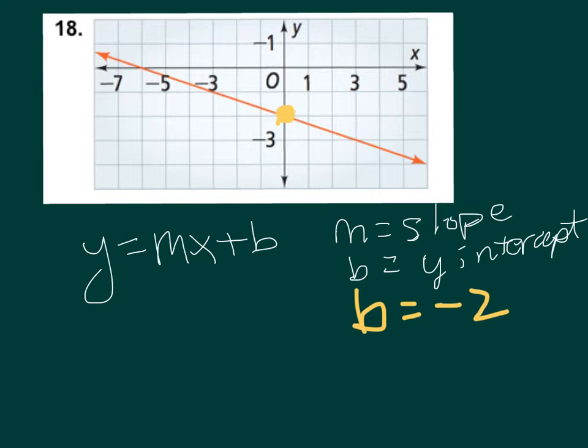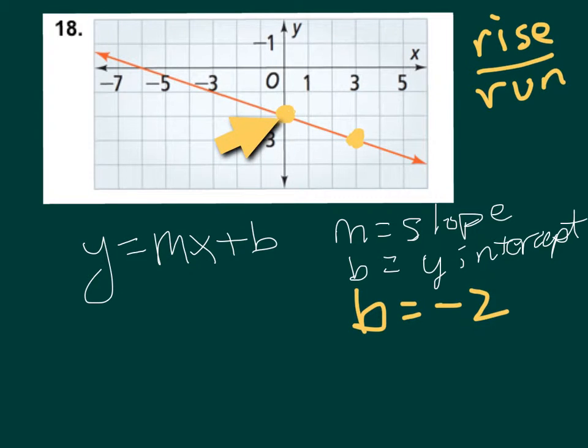I look at my line and I see where I can identify the next point over. So I can look at this and say, well, wait a minute, there's a point right here at 3, -3 on the line as well. How do I figure slope? Slope is rise over run. So the question I ask myself is, if I go from that point to that point right there,